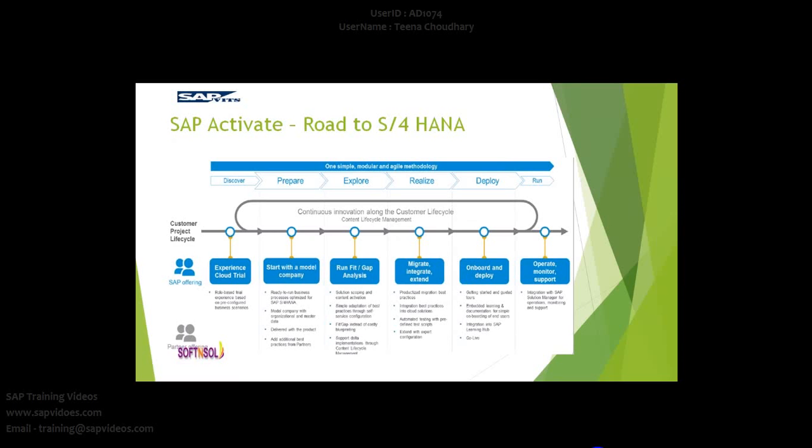Right? That is the thing which made this SAP Activate possible. Which means customers nowadays are asking: first show me what your product can deliver for my company, and then only I'll be able to tell you whether this solution is perfect or not. That is the reason why the first thing you can see here is discover, which means